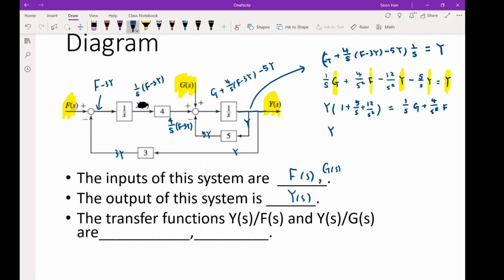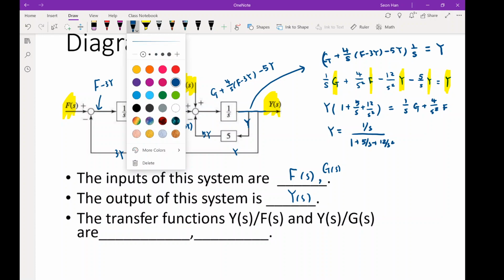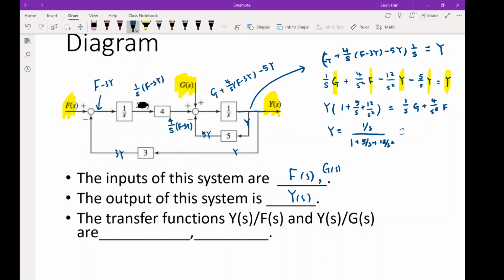So now Y, the output, is 1 over s divided by 1 plus 5 over s plus 12 over s squared, times G, plus 4 over s squared divided by 1 plus 5 over s plus 12 over s squared, times F. Okay, so now I really cannot help myself because I really want to simplify. Y equals, I multiply top and bottom by s squared, so you'll have s over s squared plus 5s plus 12 times G, plus 4 divided by the same denominator, times